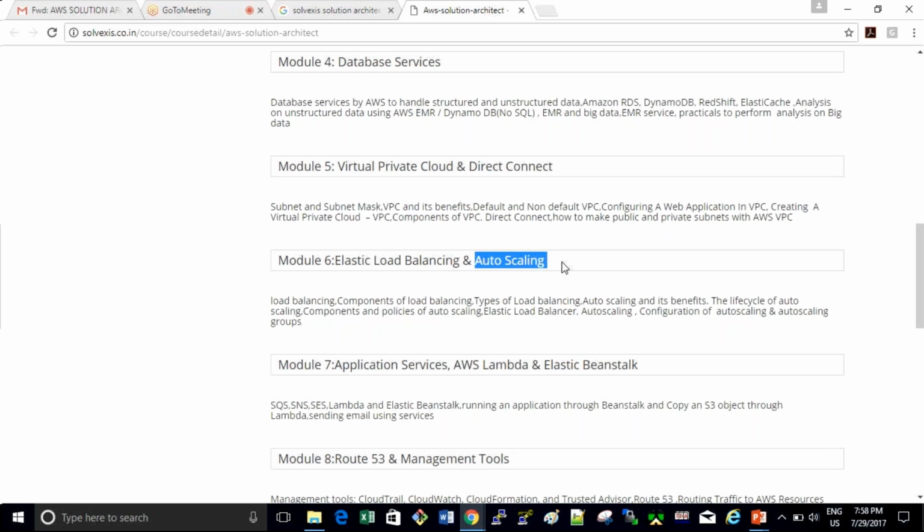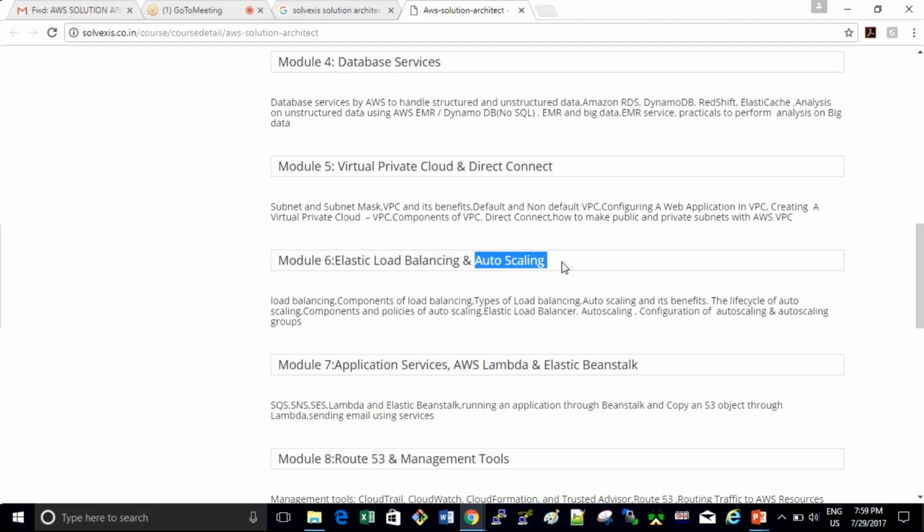That can be done manually, but I don't want to do that manually. It is very difficult. I'm talking about only 10 servers. Amazon may not be using 10 servers. There are a billion people going to the Amazon site, so there will be thousands of servers they have to manage. That can be done using auto scaling.